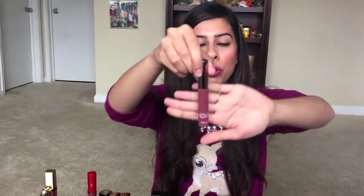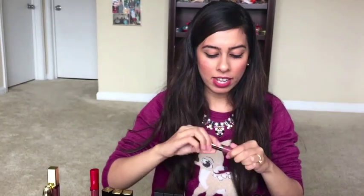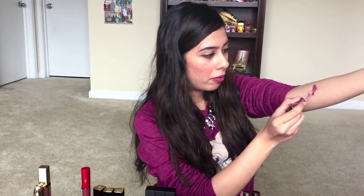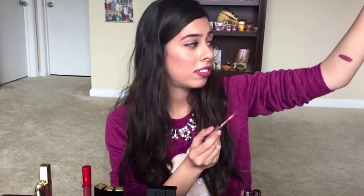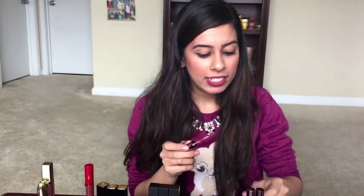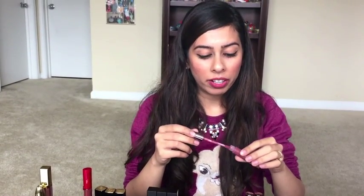First, I have Demure. And I have reviewed these on my Instagram already and shown swatches of me wearing it, but that was just one swipe. And right now it looks glossy and it feels very thin, like water, and it's gonna mattify on your lips within seconds. If you have dry lips and you love wearing lip stains, this is the lip stain for you,